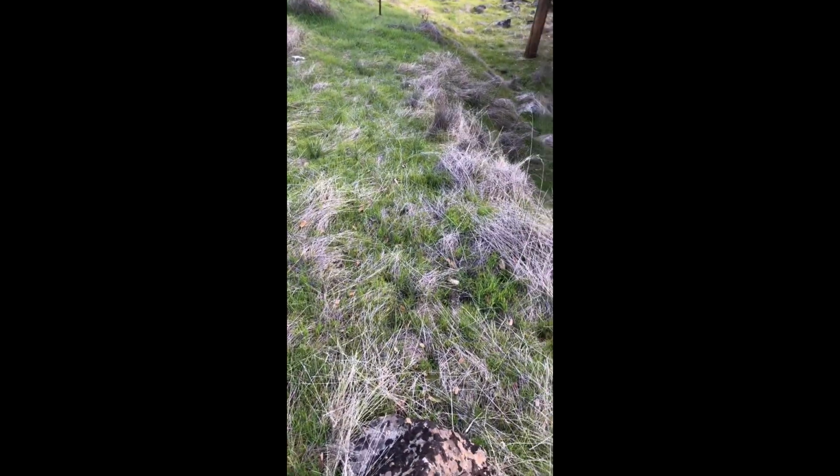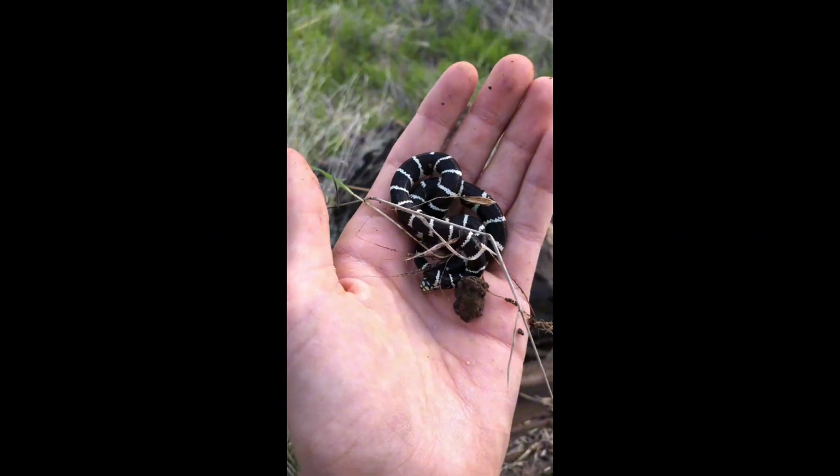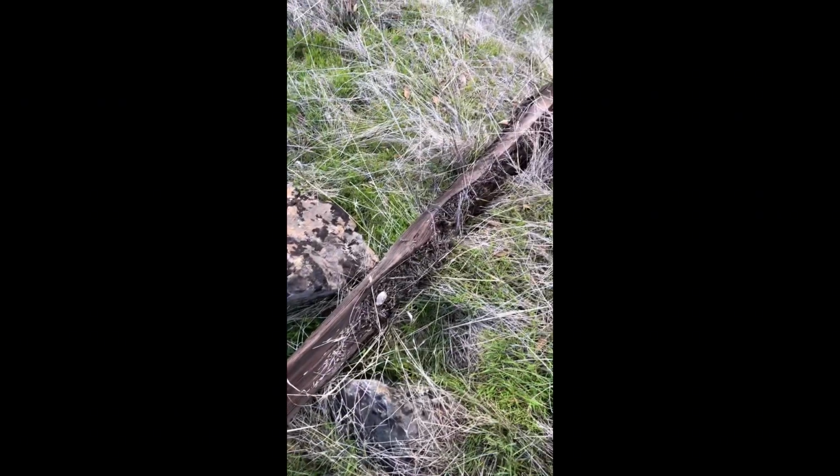I'm out here looking for salamanders because it's been rainstorming and stuff. And, well, I found my black and white. I was looking for black and white salamanders, and under this rinky little thing right here,